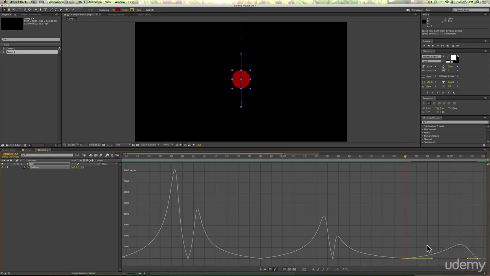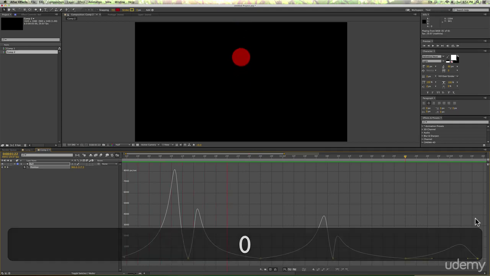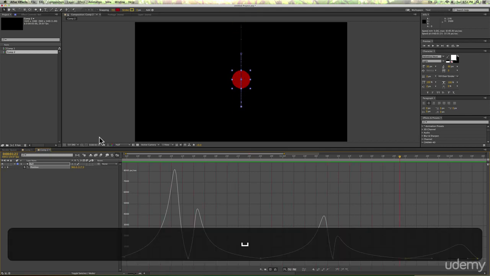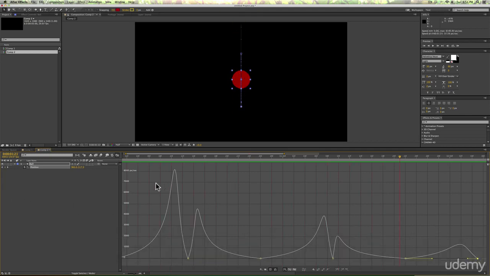last bounce. Now a bouncing ball would really bounce a few more times and get smaller and smaller and smaller, but for our case I'm just going to use 3 bounces, or 3 up and downs, as an example. So now it's looking more like a natural bouncing ball. So this is looking really good, and this is basically what we did with the graph editor. It's a great way to change the speed of your motion of whatever objects you want to make speed up